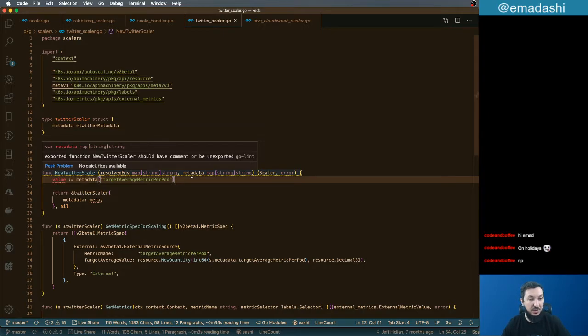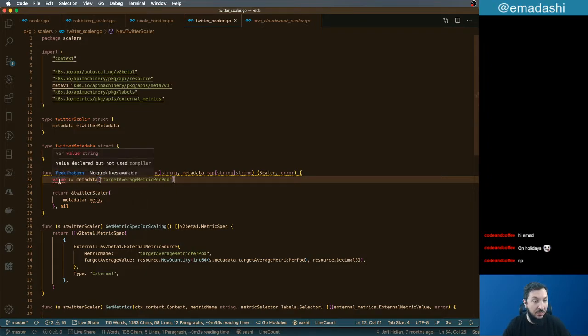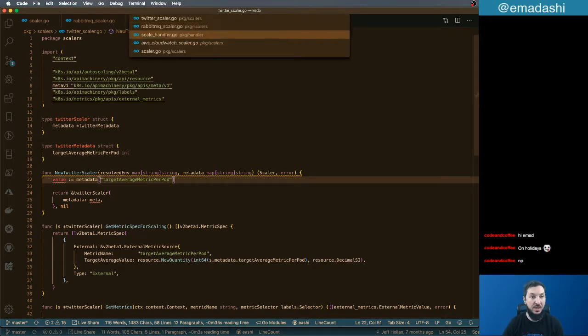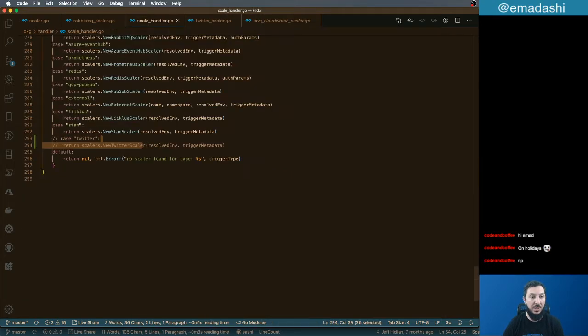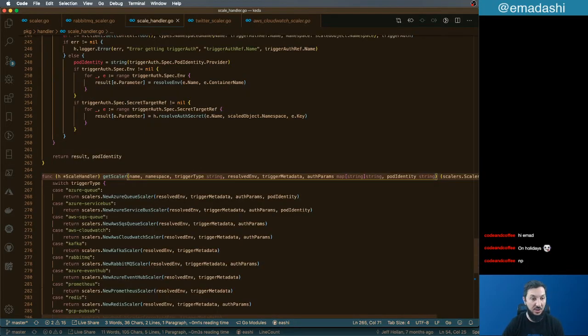So the function should have a comment or be exported. This is not a problem. The value is not used, it's alright. I think we can get away with this. Like if we go to the scalar handler and we check these guys, if we go to the definition, you can see that